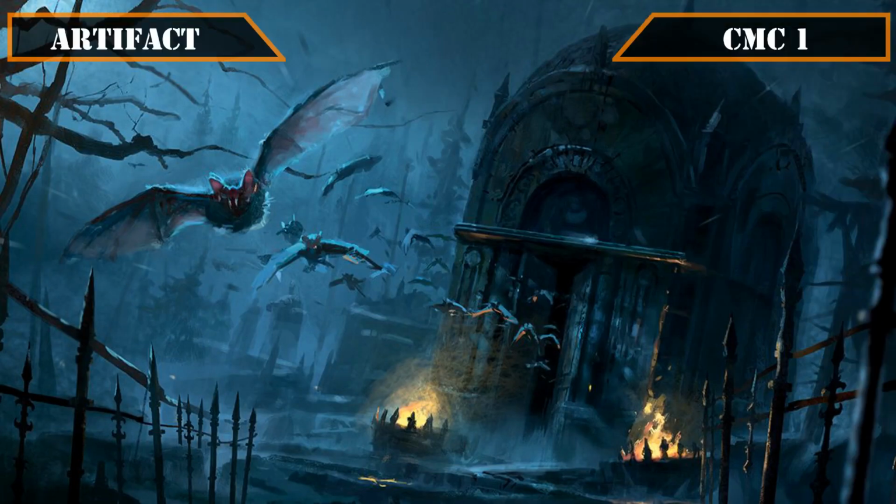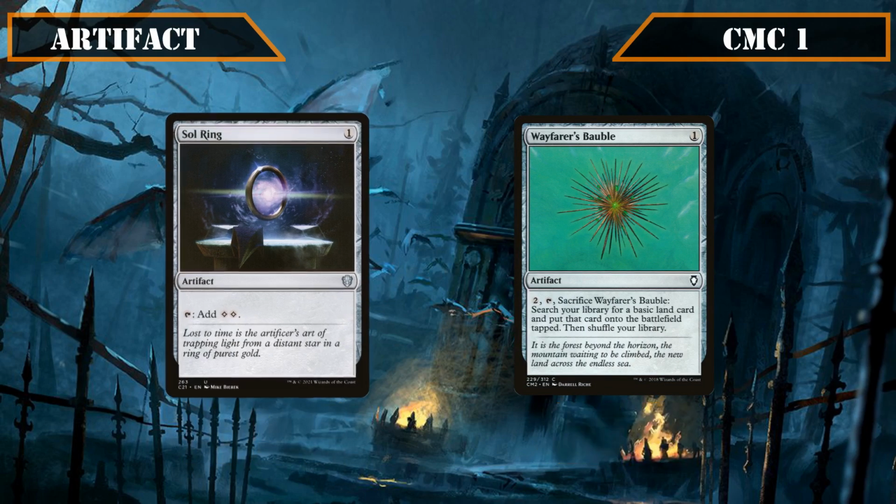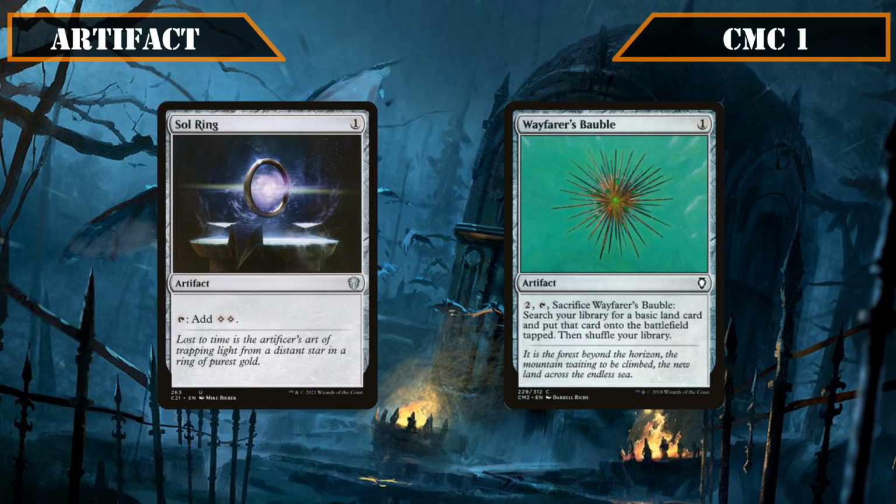The CMC1 slot opens up with Soul Ring and Wayfarer's Bauble, both being excellent sources of ramp, the former tapping for 2 colorless, and the latter letting us pay 2, tap it and sack it to put a basic land from our deck into play tapped, both hitting the board early and helping us ramp quickly into our commander and